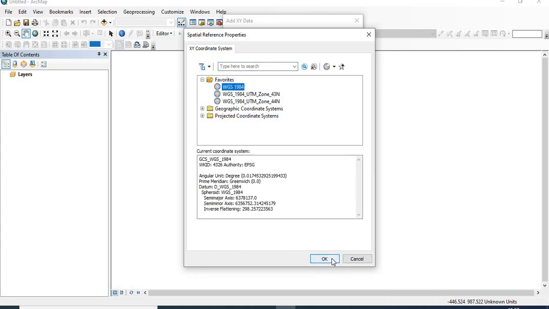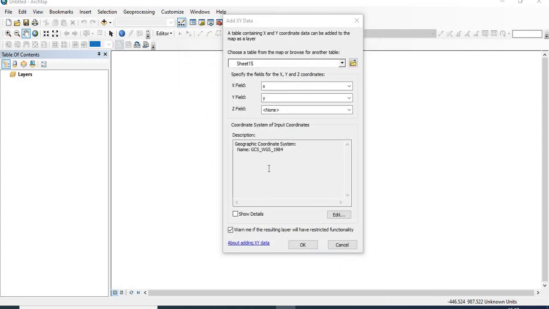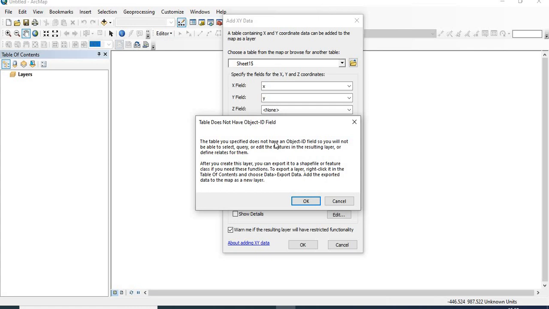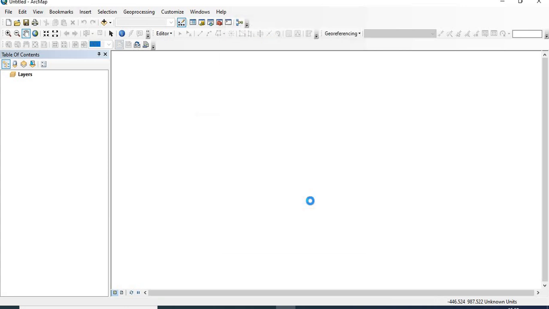So click on this, OK, and here you will see that the coordinate values have been added to the XY values. Click on OK, and when you click, the dialog box saying this table does not have object ID field pops up. So click on OK. The system will generate it automatically. Here you will see that the XY values have been added to your workspace.